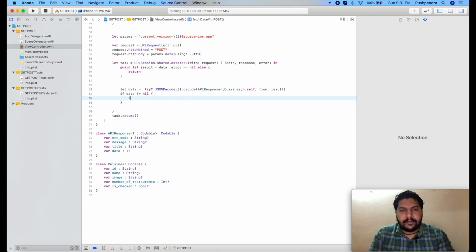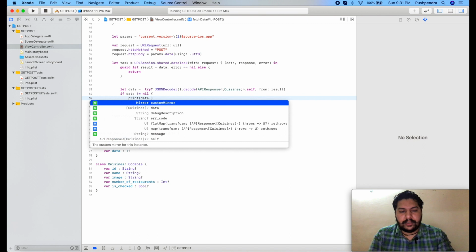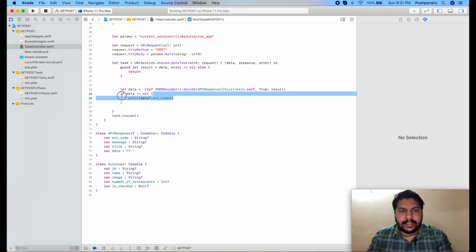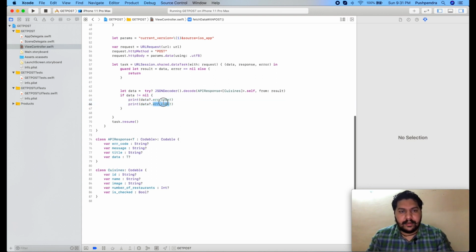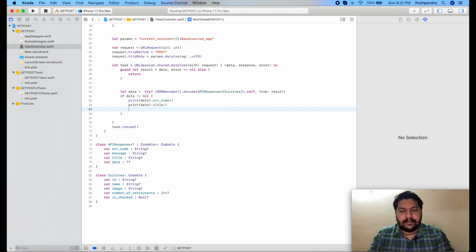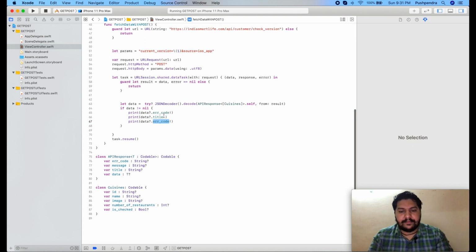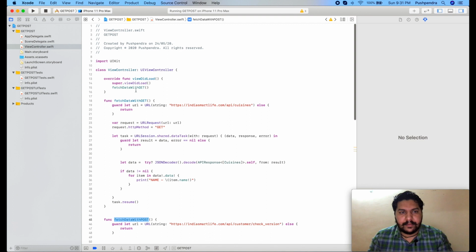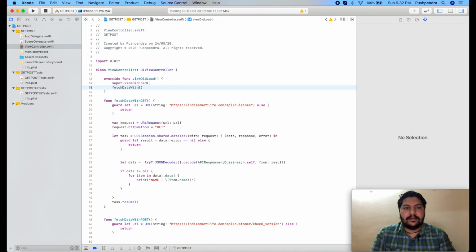Now what is the output? So we can say print data.errorCode, first thing. Now second thing, title, and finally message. Now we will see the output. First I need to call this function in place of this one. So here post.